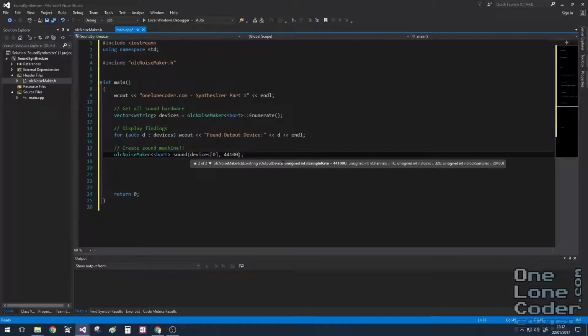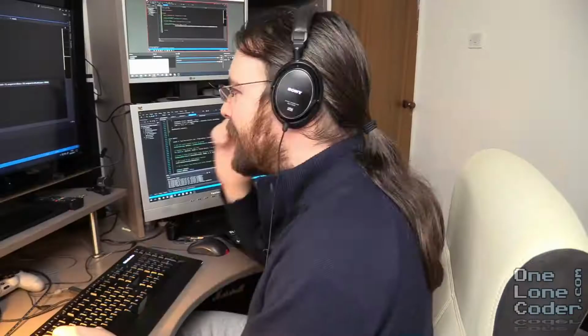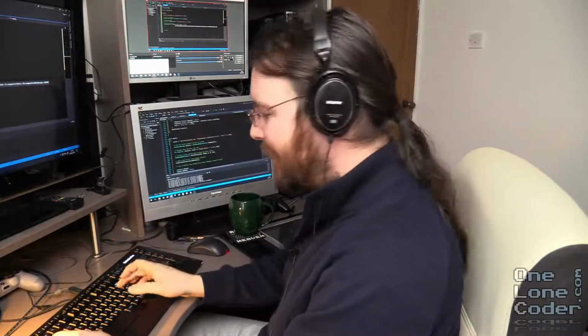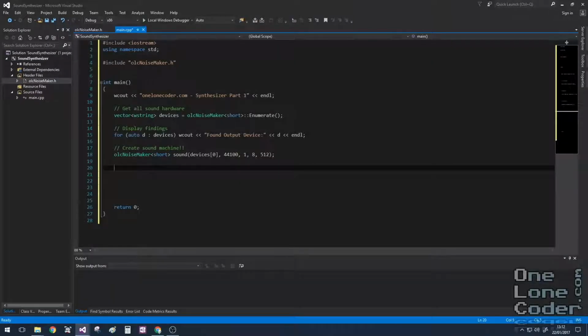So I want the sample rate to be 44,100. I want the number of channels to be 1. And I'm going to put in 2 magic mystery numbers for now into the end here. You'll see there actually are default numbers provided by this class, so feel free to use it without making these modifications. So why is Noisemaker using a short here in angle brackets,